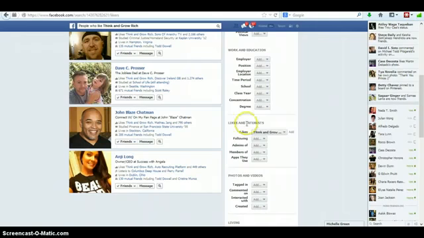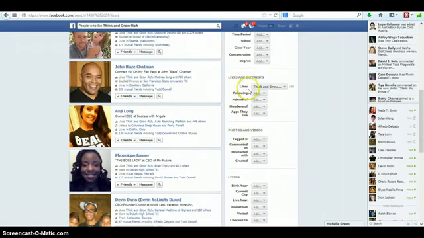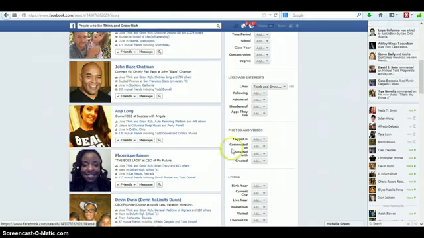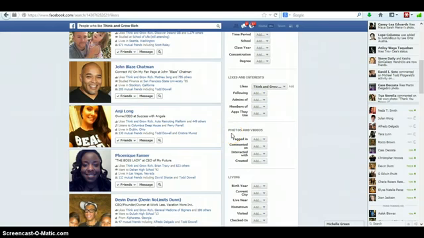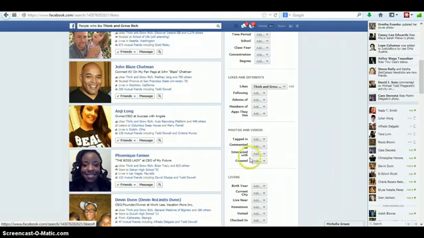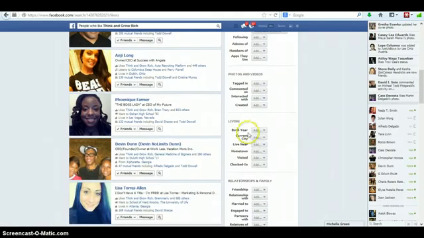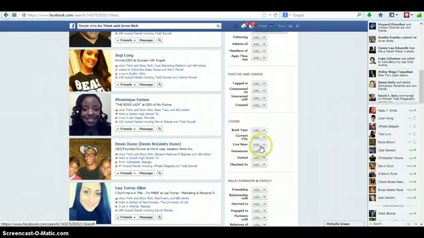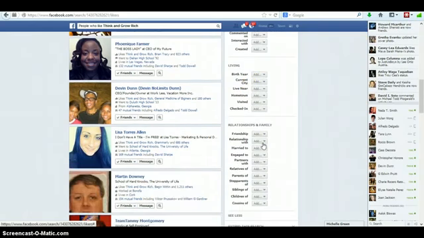We can do likes and interests. What do they like? What groups do they like? What they're following? Who they're following? Members of different groups. Look at this. Photos and videos that you're tagged in that have been commented on, interacted, created, living, birth year, current city. Do you see how specific you can actually get in your targeting with Facebook? It's absolutely ridiculous. Friendships, marriage, partnerships, it's absolutely genius when they actually created this.